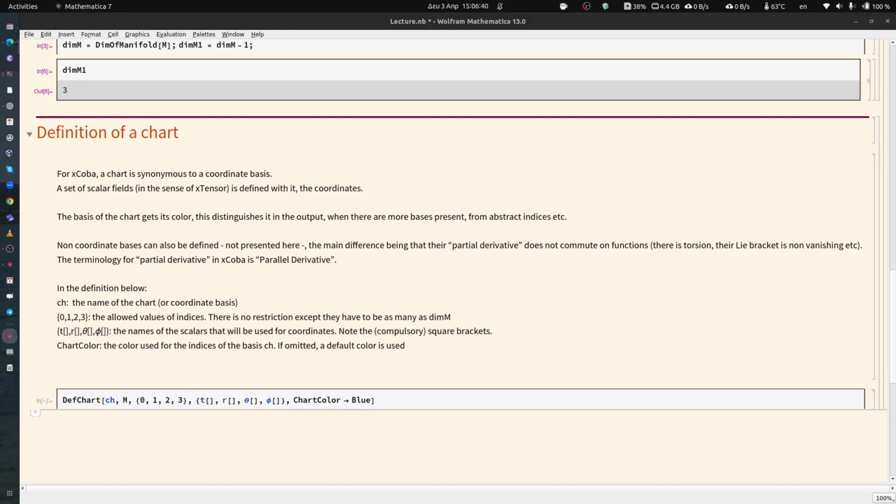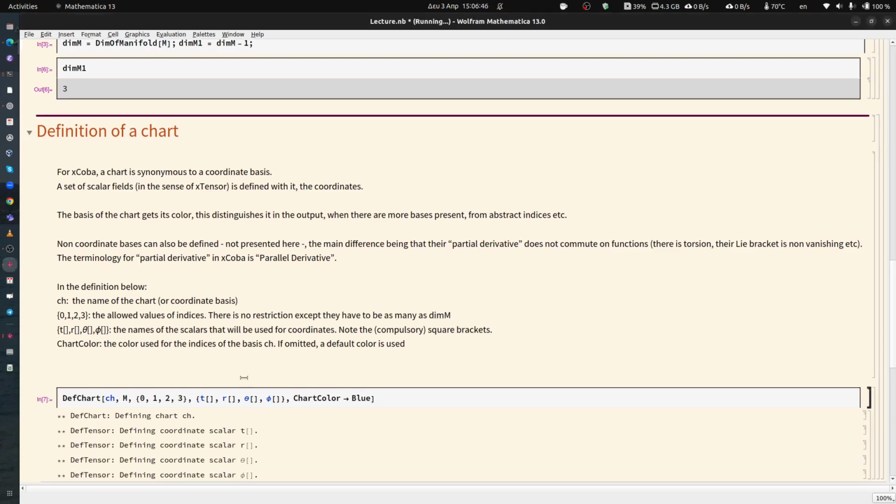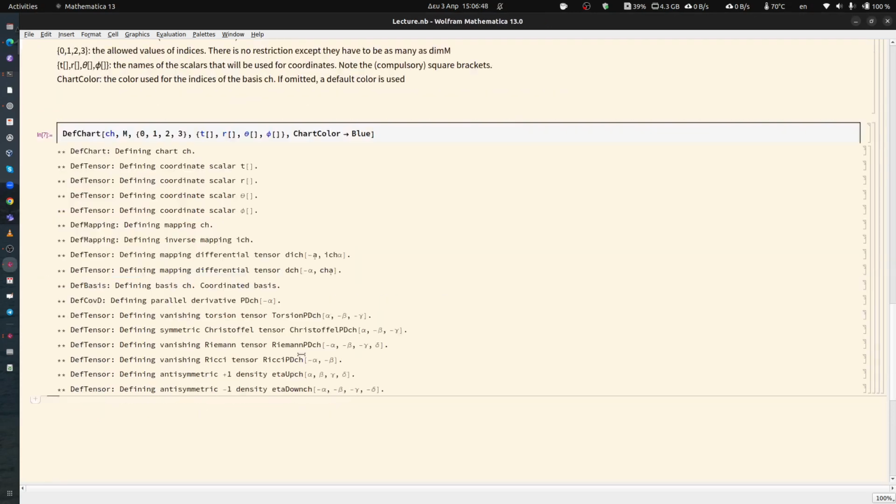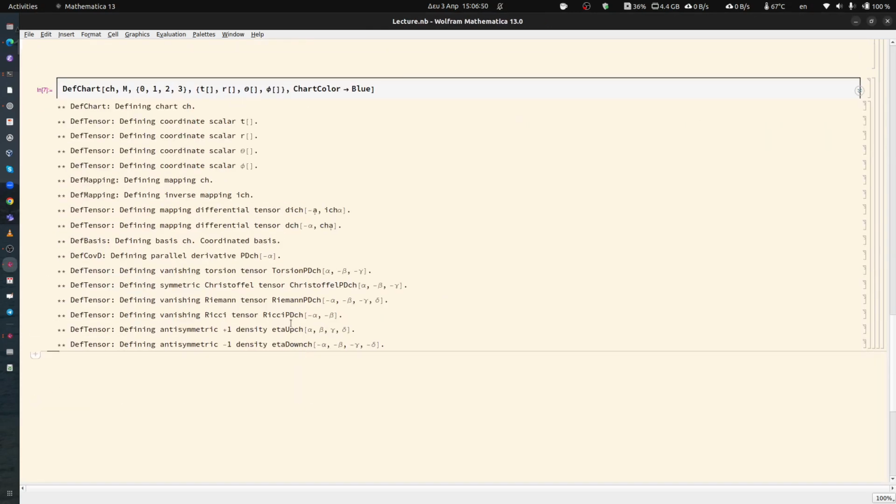So after we execute this command, we see some messages here that already give us some information of what is done under the hood. Those messages say that the scalars t, r, theta, and phi have already been defined. We don't have to give an explicit command for that. And then